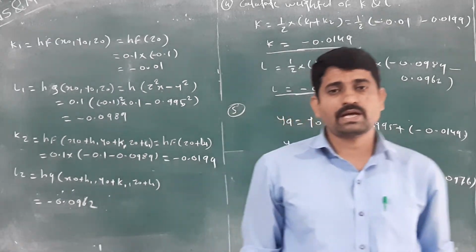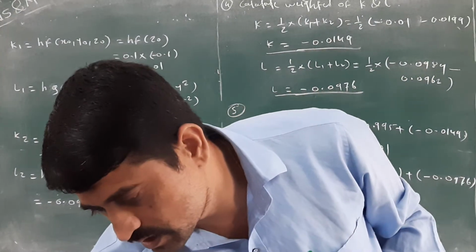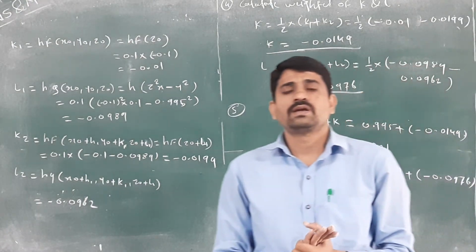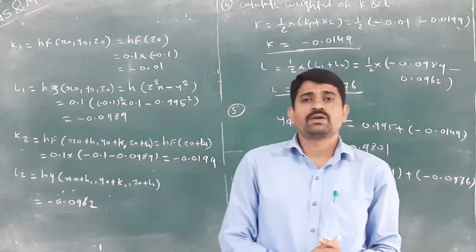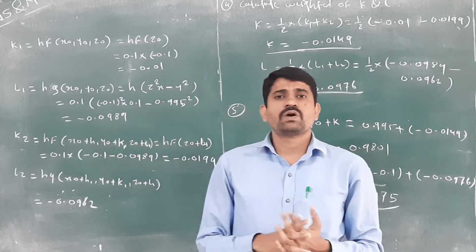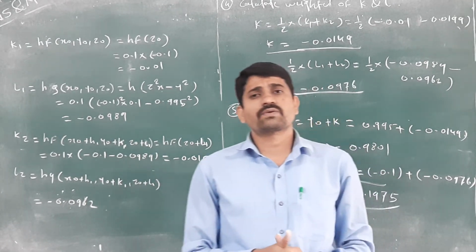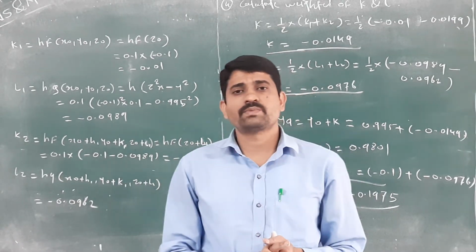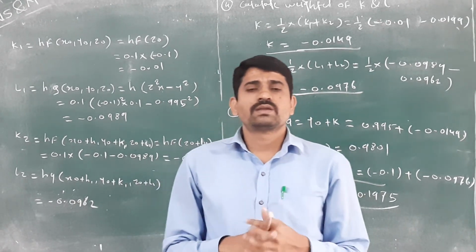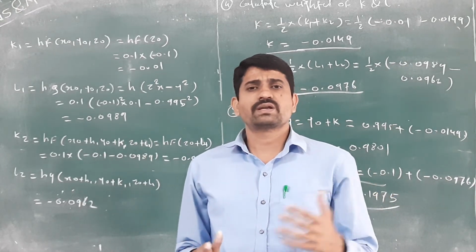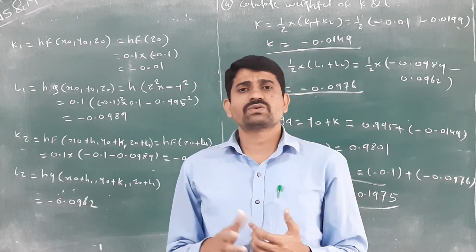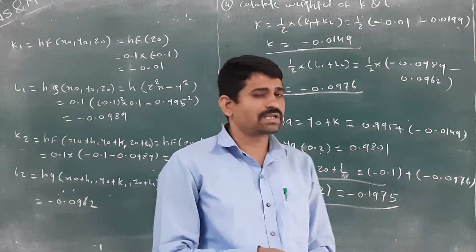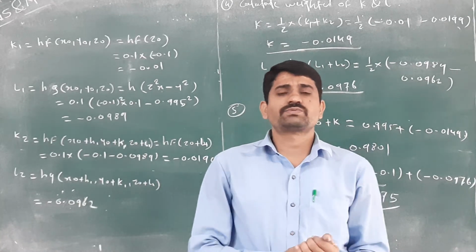You should remember that if you have given the differential equation, and with the help of that differential equation you solve the given numerical with the help of second order or fourth order Runge-Kutta method, then you have to follow this procedure step by step. If you have given the fourth order, then you have to calculate the K1, K2, K3, K4, also L1, L2, L3, L4. After that, same procedure is there. Only two steps will be added.